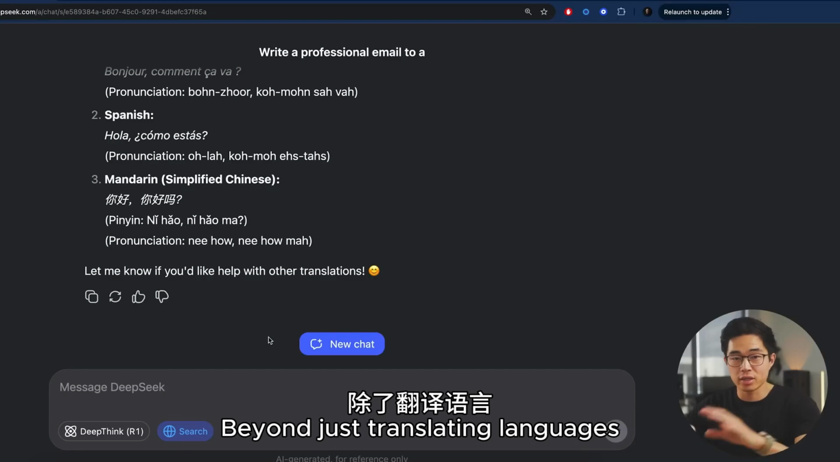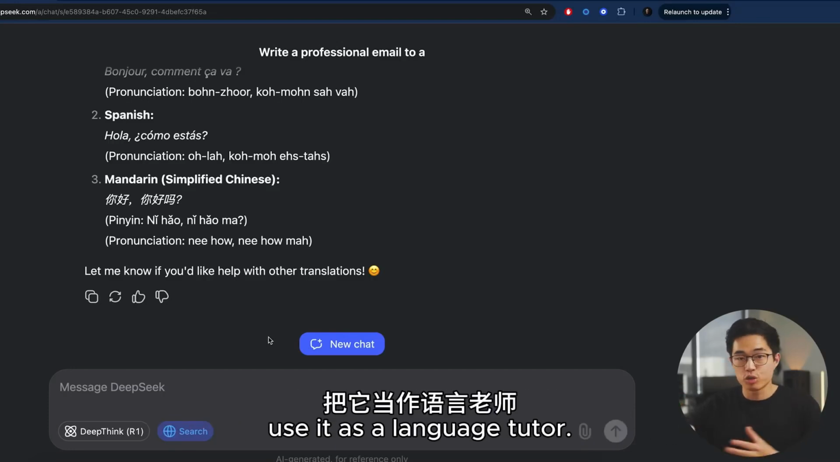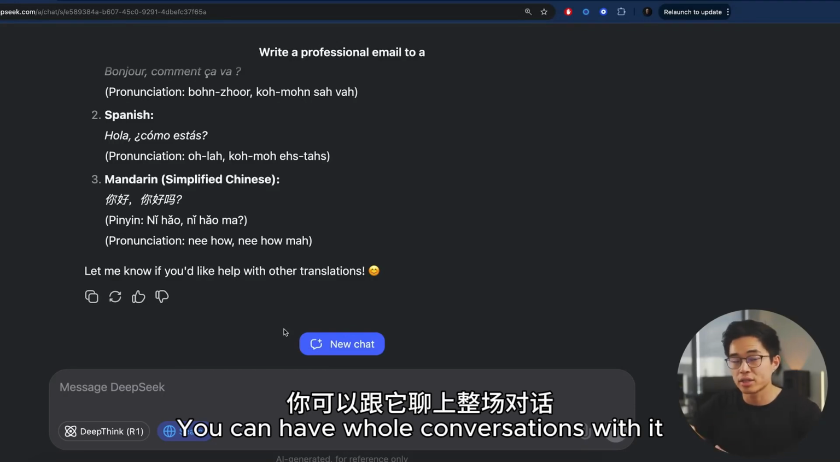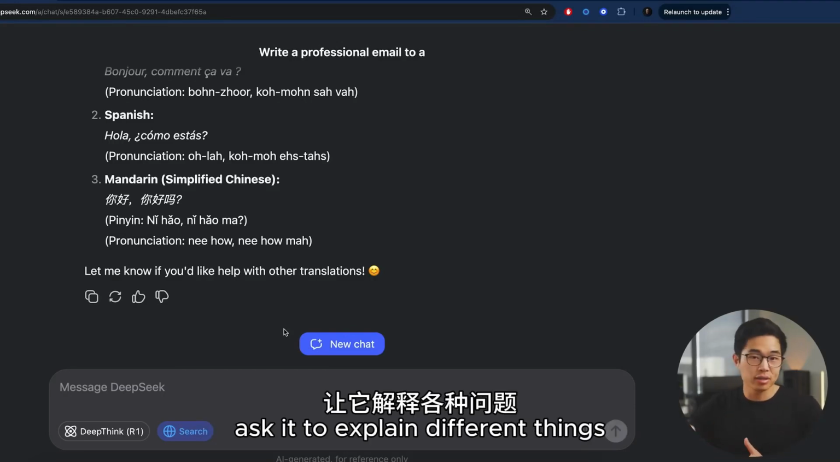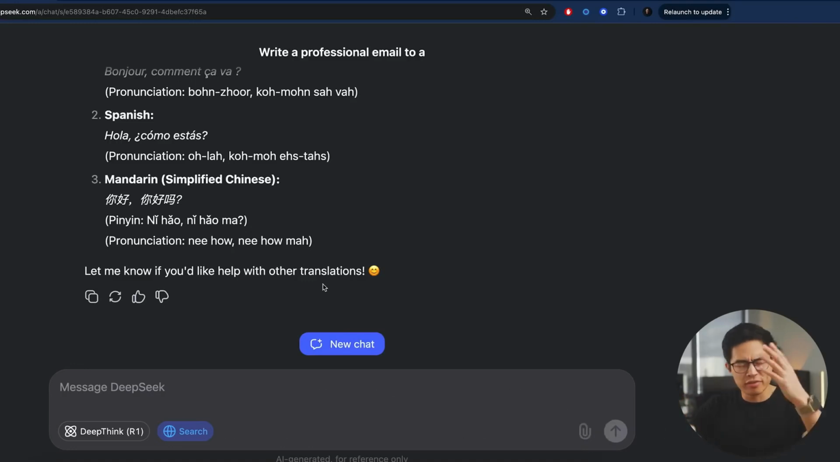Beyond just translating languages, you can also use DeepSeek to learn languages, use it as like a language tutor. You can have whole conversations with it, ask it to explain different things, how locals would say this or that, when is this used more commonly. View it as a